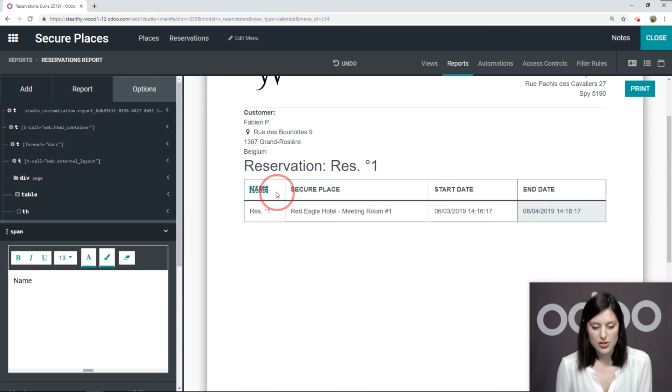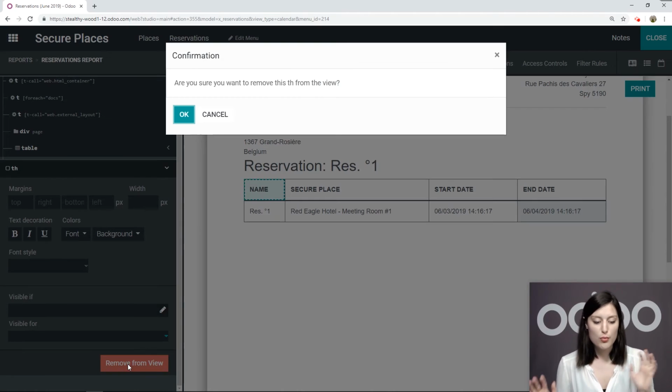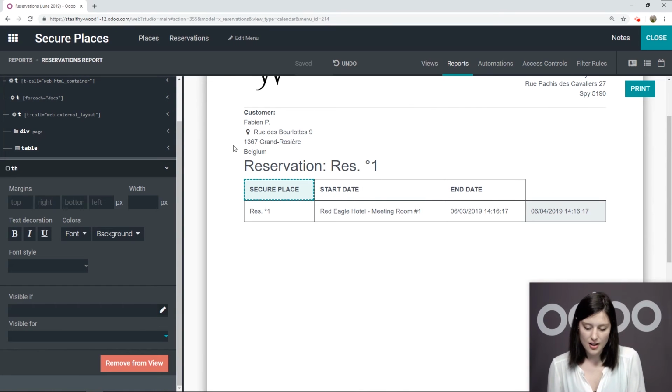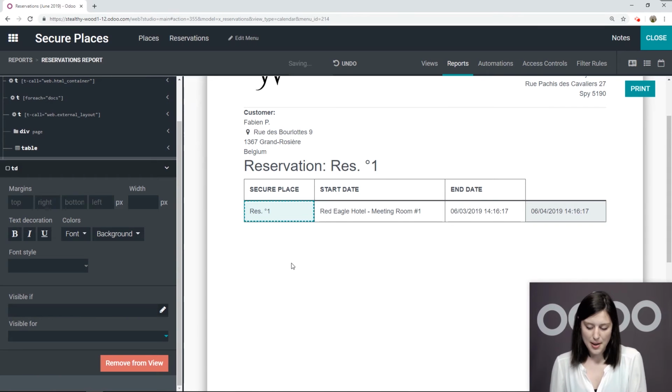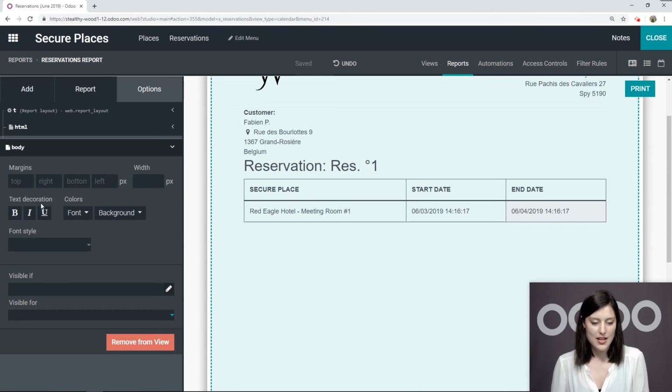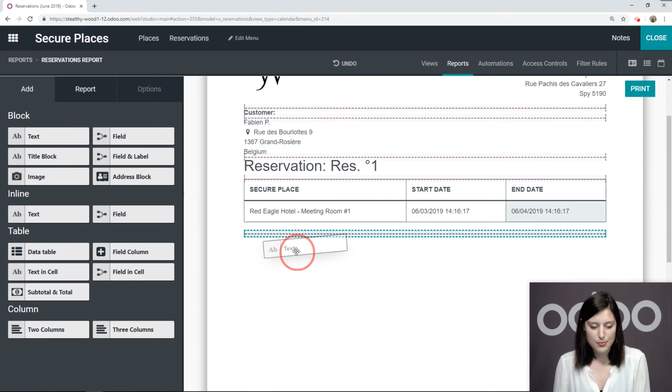name of the reservation. So I'm going to select this field. I'm going to scroll down and simply click on Remove from View. Okay, and then OK. All right, I'm going to go to Res 1 and do the same thing. Remove from View and OK. All right. Now, once I've done that, I'm going to go back to Add and add a regular text block